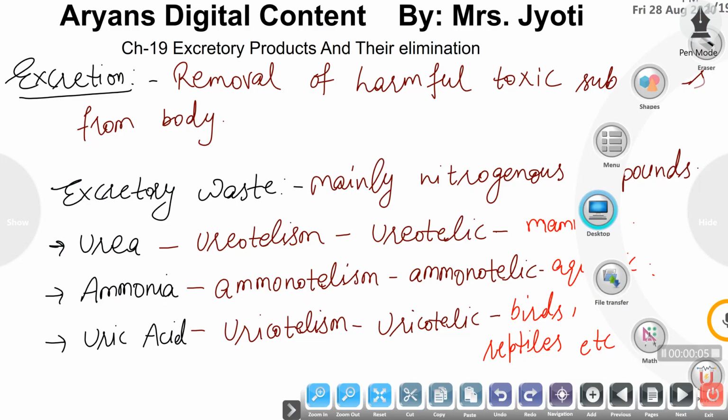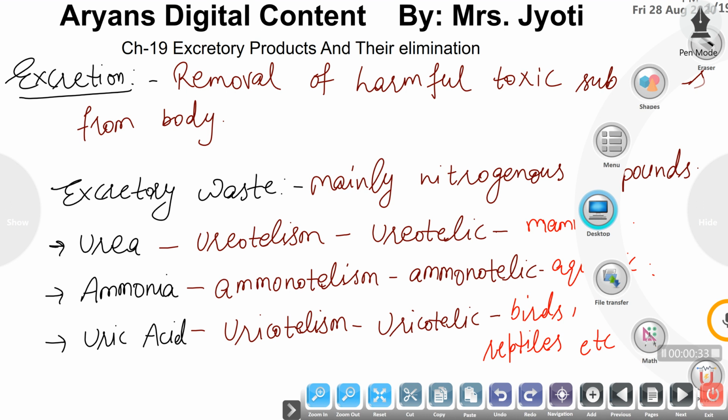Today we are going to start our next chapter in biology. You have completed the two chapters of human physiology, that is respiration, that is gaseous exchange, and the circulation. Now after digestion many nutrients are absorbed by our blood, and most of the nutrients are used up by the body, but still some nutrients are not used up by the body, and hence removal of those particular unused